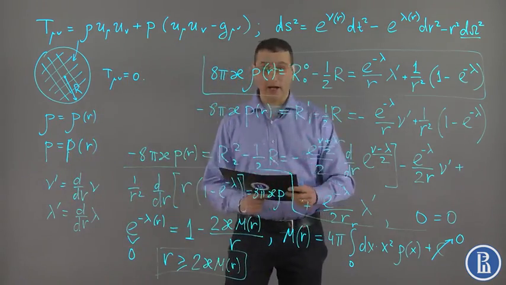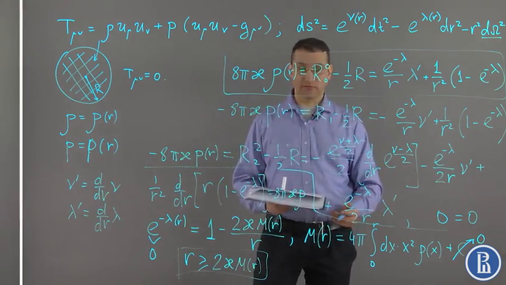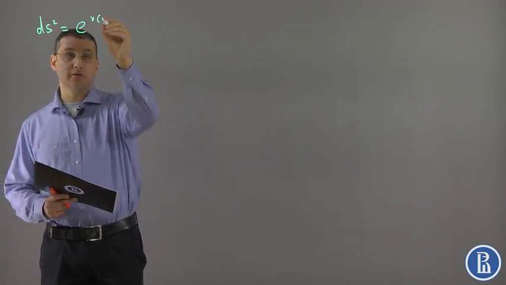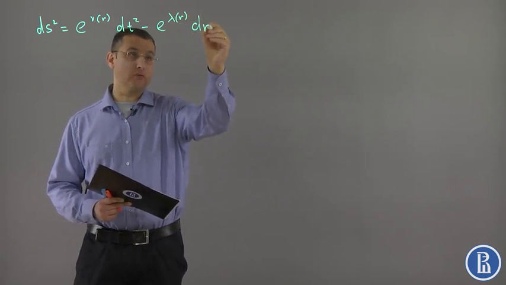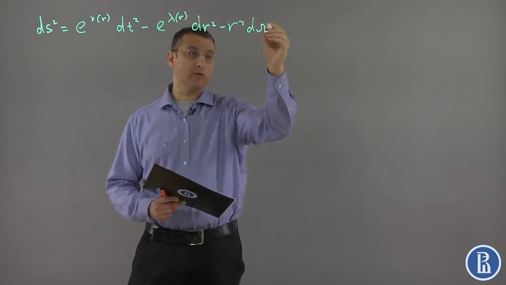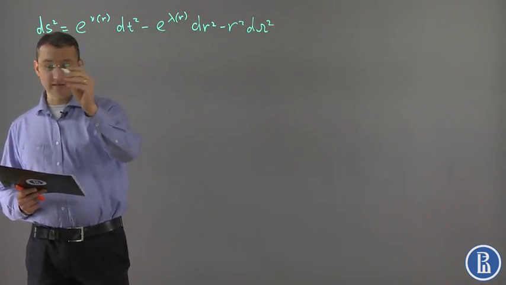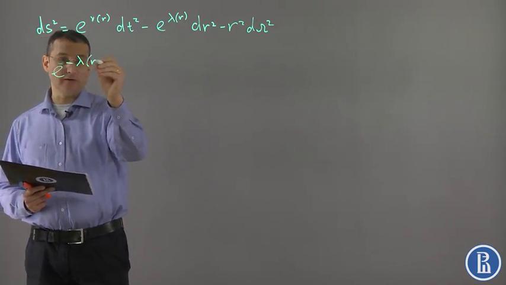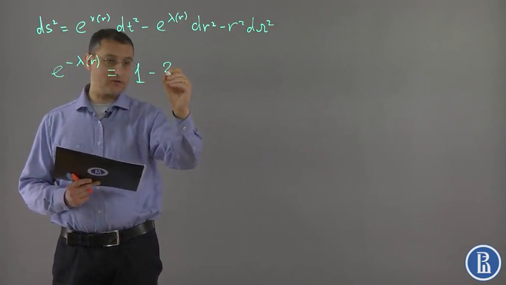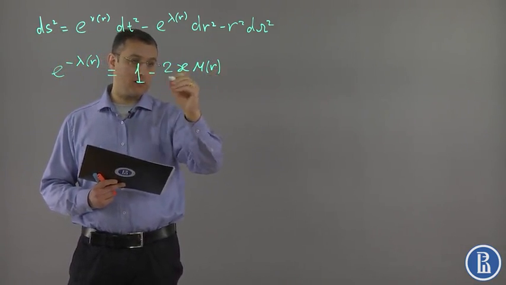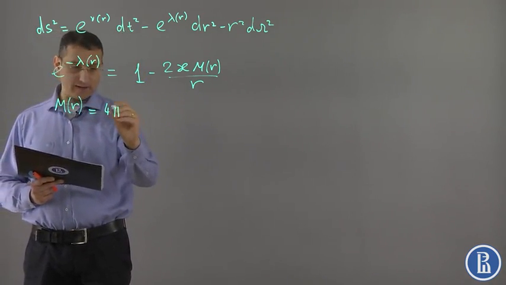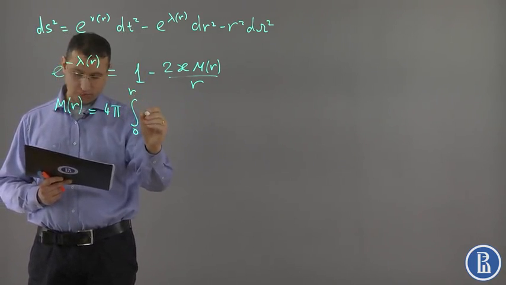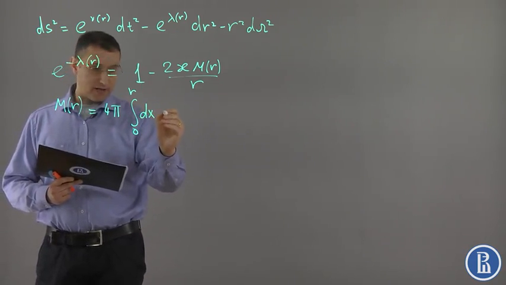And there are more restrictions that we're going to describe now. We are looking for the solution as follows: nu of r dt squared minus lambda of r dr squared minus r squared d omega squared. And we already have found that this, minus lambda of r, is just 1 minus 2 kappa m of r divided by r, where m of r is 4 pi times the integral from 0 to r dx times x